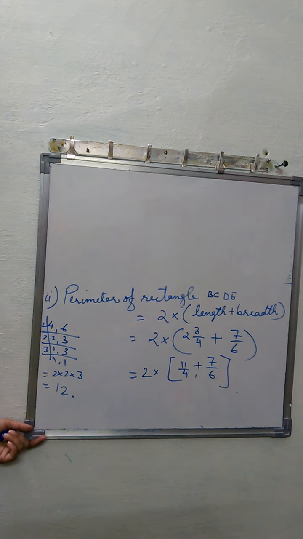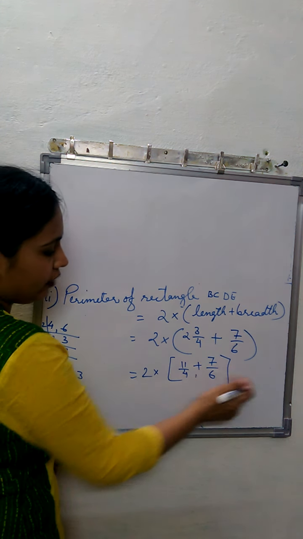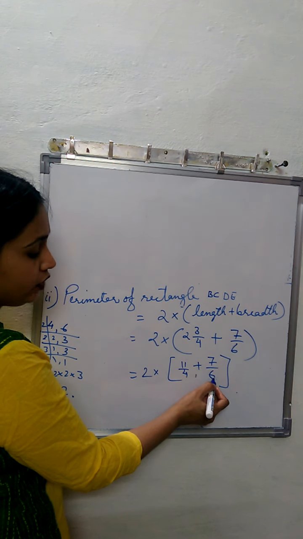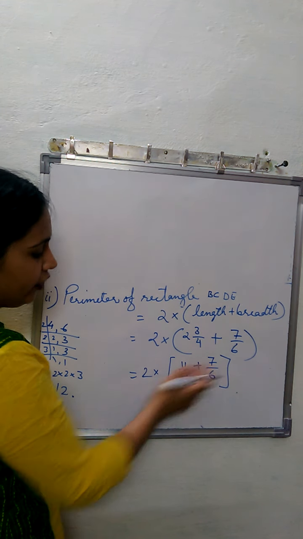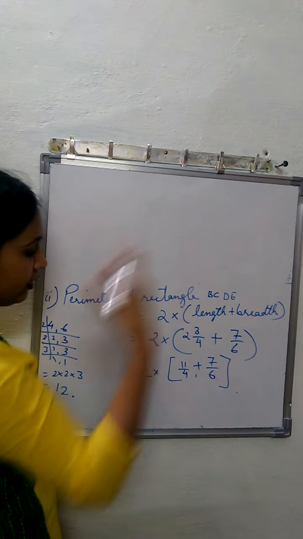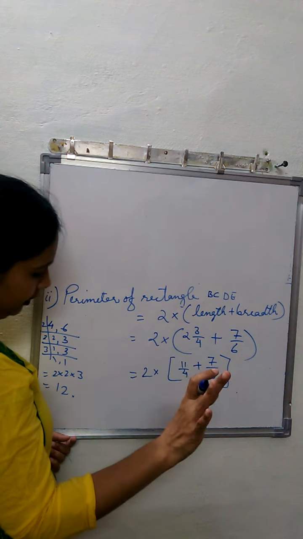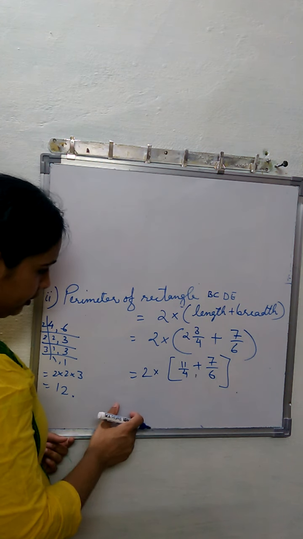Now you tell me, why are we not interchanging and multiplying? Because something is common between them. What is common? 2 is common between them. That is why we are not interchanging and multiplying. Otherwise it will give a bigger answer. But if you do it, it is not wrong. After that you can cancel and write.